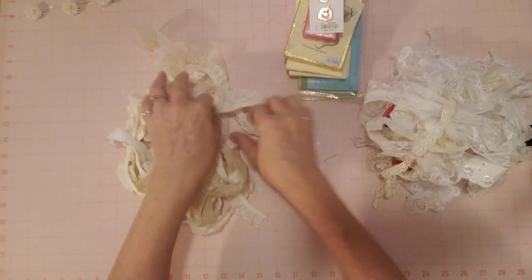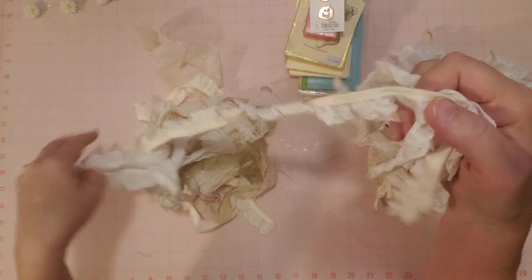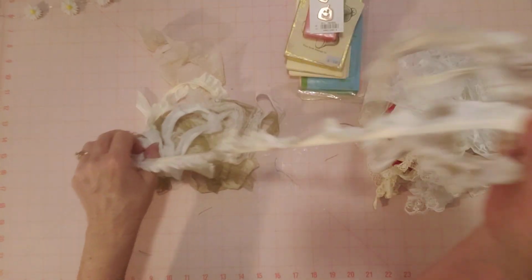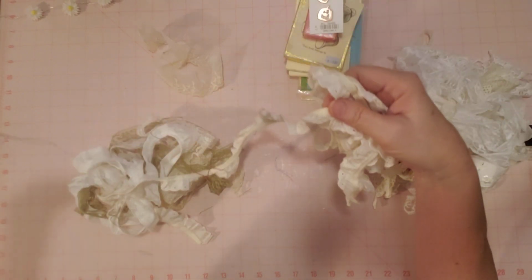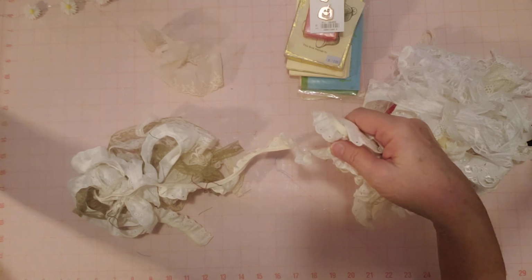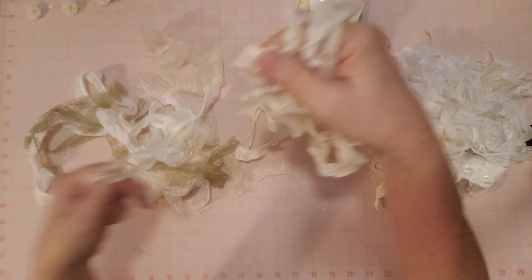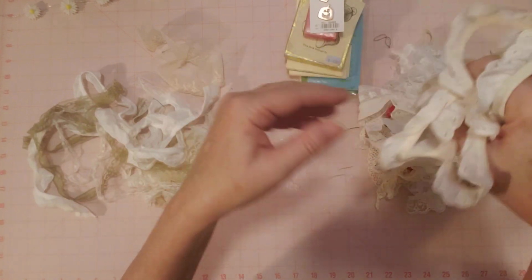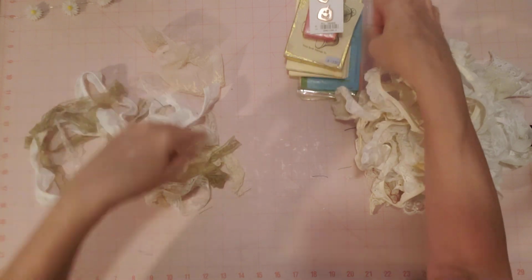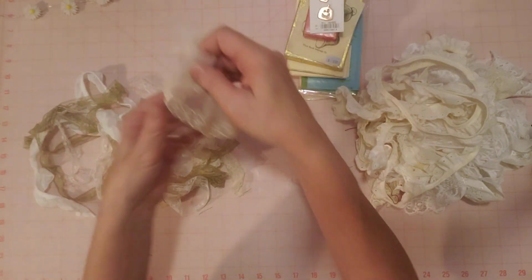But they're fun little pieces to use in our journals. Eyelet. Let's see. I'm kind of looking at them because I don't remember what I pulled out. I bought these at the end of last week, I think. Last Friday, I think I went. That's just a piece of thread. Oh, see, this is a nice long piece that was in there. Yeah, and it's just in there like that. It's not wound up neatly or tied up or anything. They just throw it in there, and you have to dig through and find,